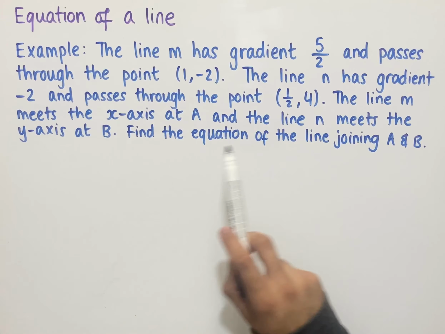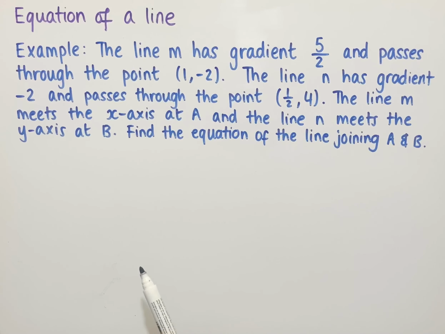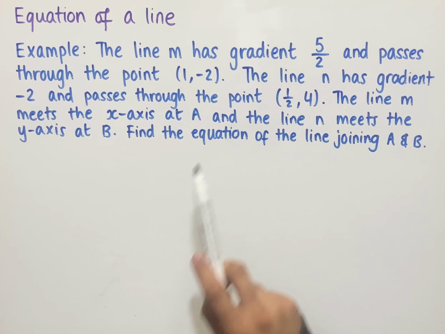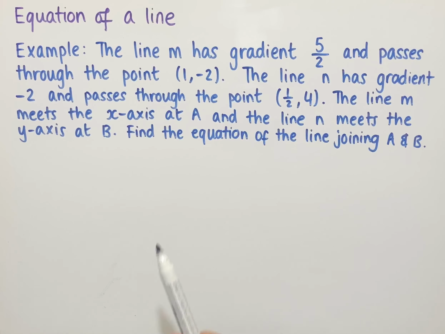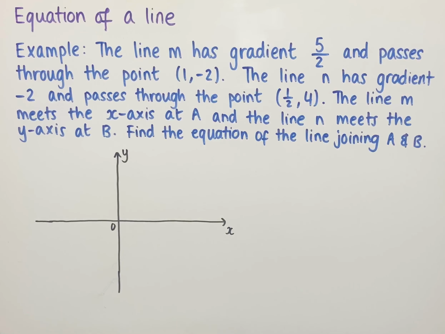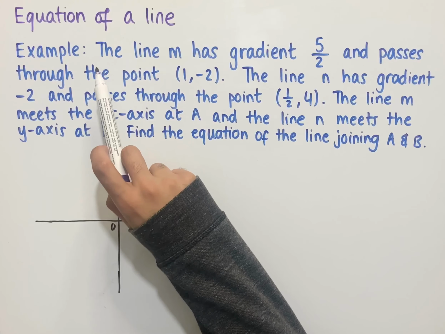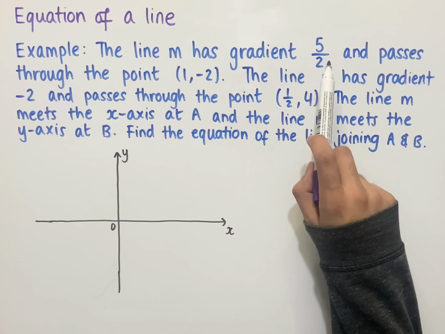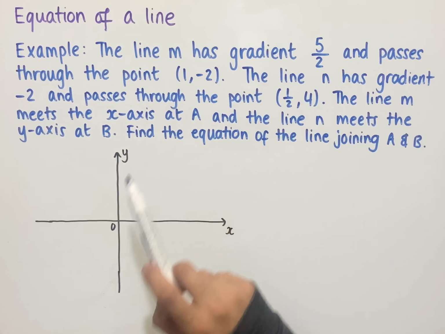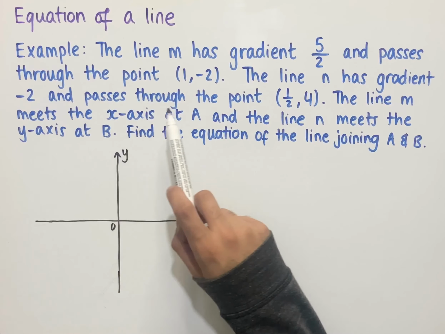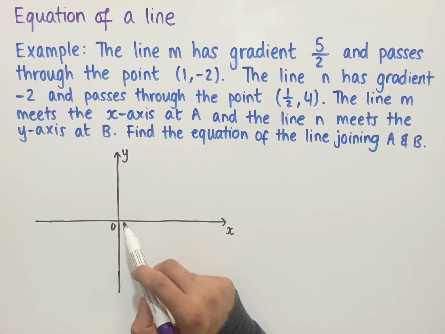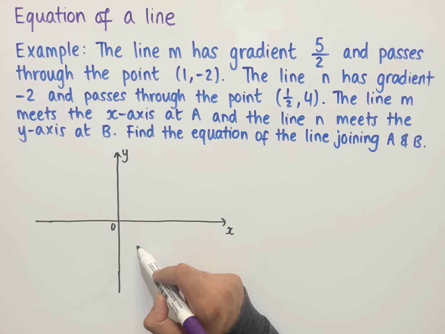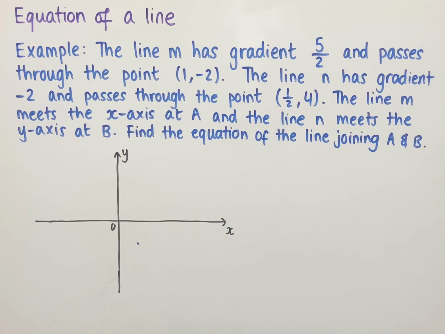So before we start this question, let's look at a diagram which represents all of the information given in this example so that we can make sense of the approach that we're going to use to solve this question. So we have a set of axes here, and the first sentence says that the line M has gradient 5 over 2. So the gradient of the line M is positive and it passes through the point (1, -2). So if we plot the point (1, -2), roughly here, then we know